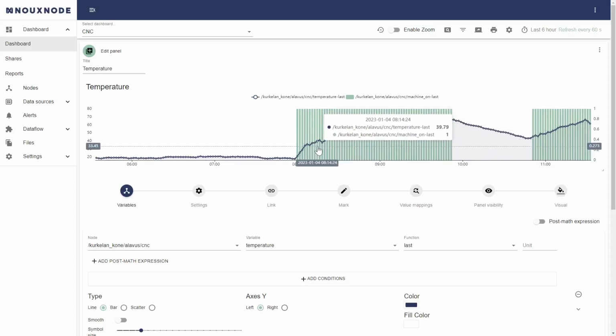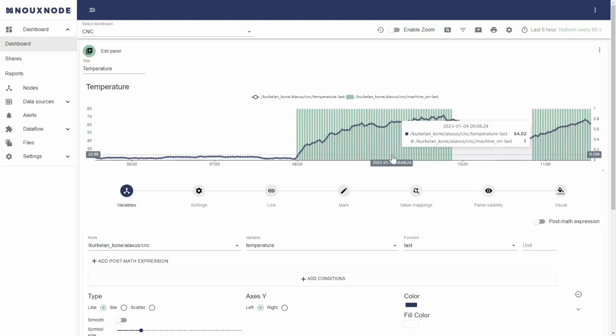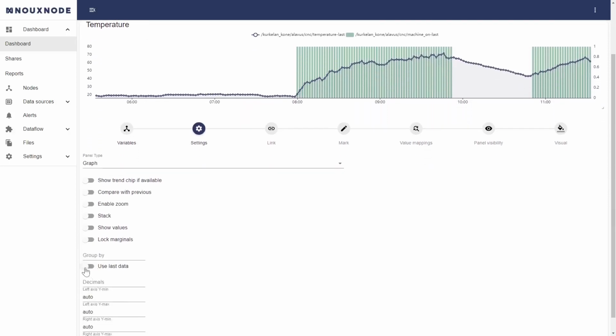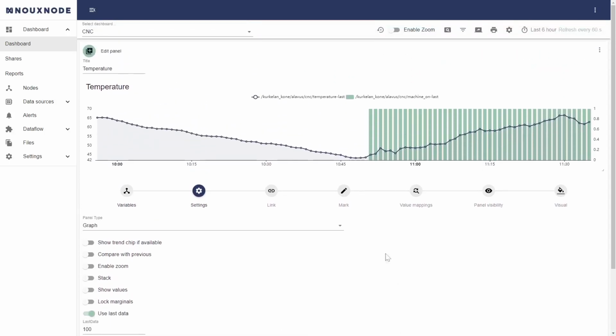They would be so dense that it makes it difficult to read. Normally it's optimizing this like this, but we have added a feature under settings here that can enable this to use last data, and it will always then take the data points. It will overwrite the other groupings that we have, and now you can see that it's each minute equally here